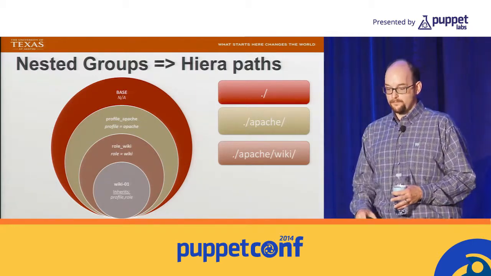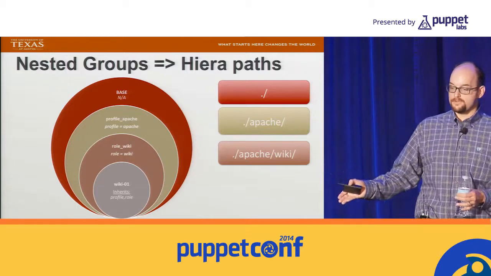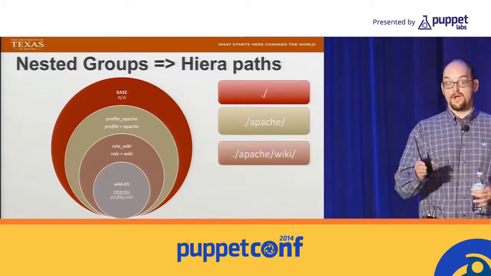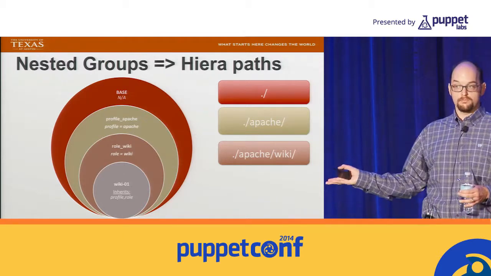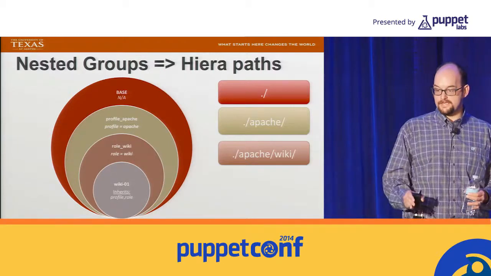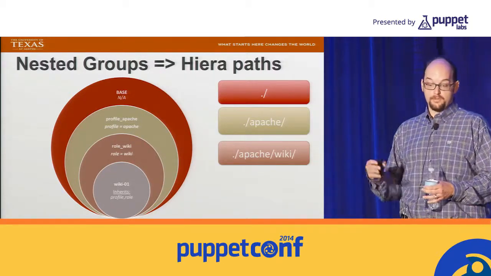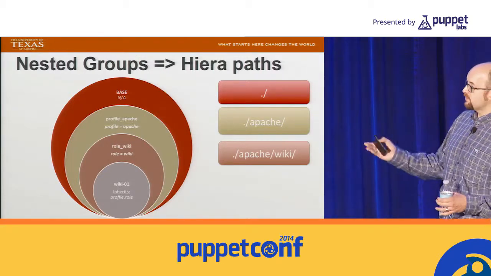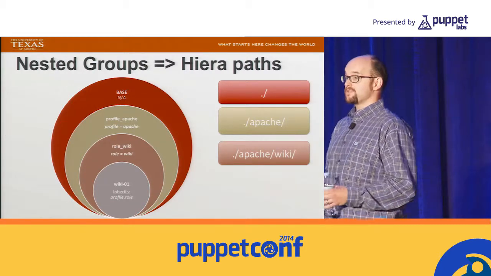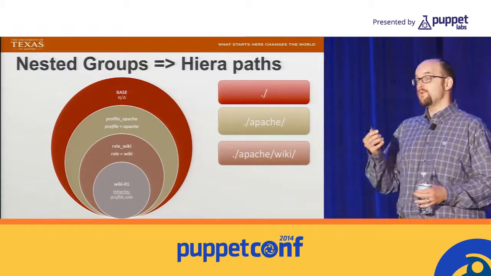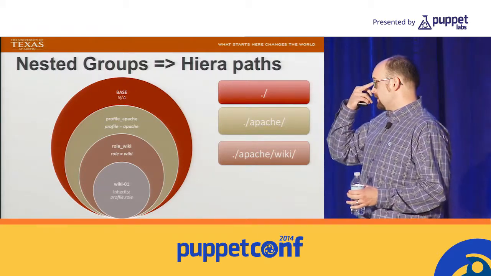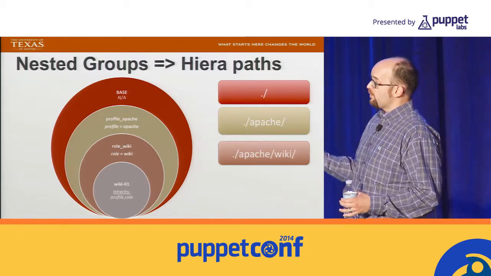map one-to-one. The base maps to, if you look at this path, basically starting at wherever Hiera is based on your server at root, right? Root common YAML. And then the profile is based on the profile variable, right? So in the profile Apache group, you set profile equal to Apache, and you got yourself an Apache subdirectory. And so it can have its own common.yaml, separate from every other profile. And similarly for role, and role